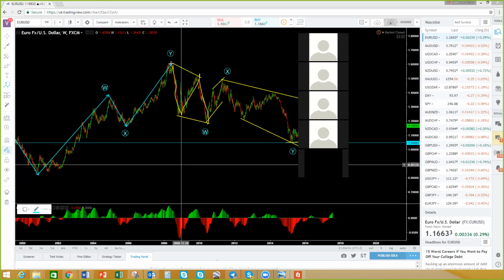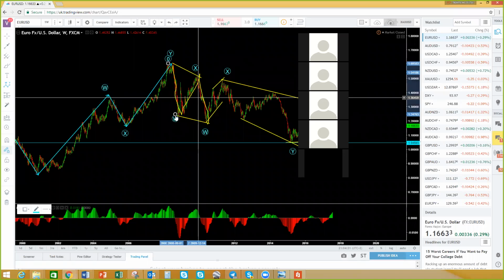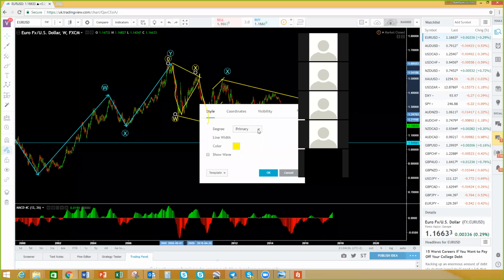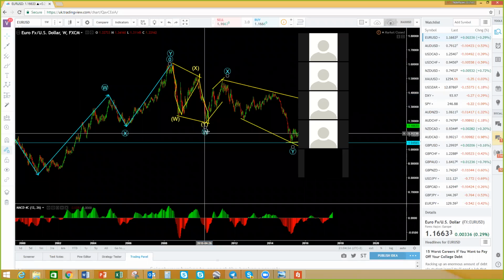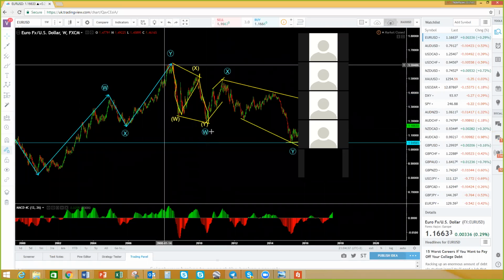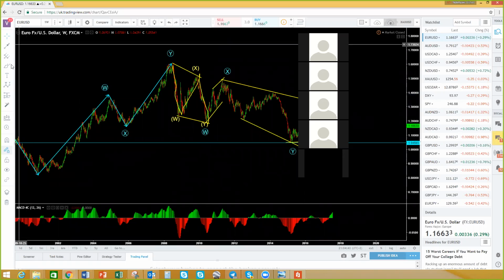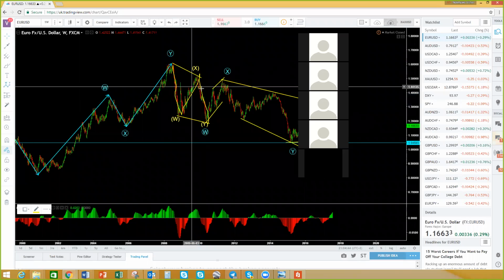All right, so we carry on labeling this lower degree now. But this one is in lower degree, so I'm not going to label it the same color. If you've read your degrees on the Elliott wave, you will know what this means. So you can see that I've got this W in blue, which is this whole regular correction. And then I have